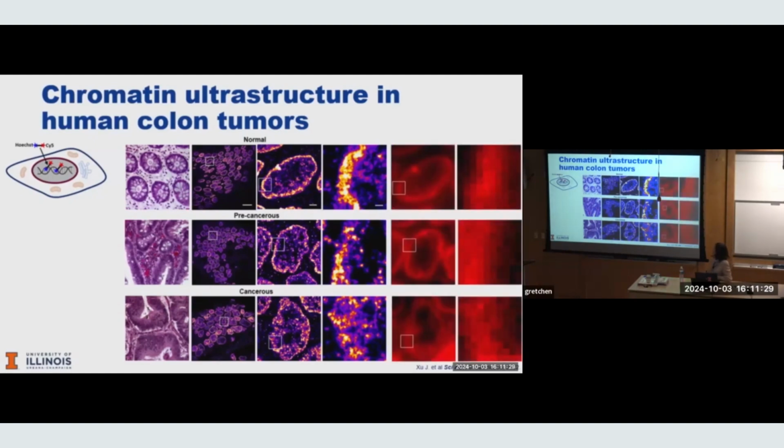And if you look at the conventional imaging, you can see the pattern, but you need that resolution to really identify the actual size. So this is the measurement we did on the DNA, with a size of roughly 100 to 120 nanometers for the DNA nanodomains. So moving forward, I'm not a chromatin biologist, so this is a nice discovery. We did lots of validation on the biological side. I'm just showing you a small portion, but I'm more interested in how we actually applied it in the clinical